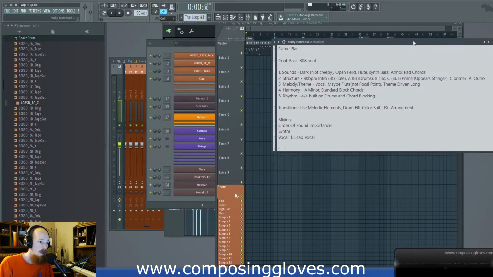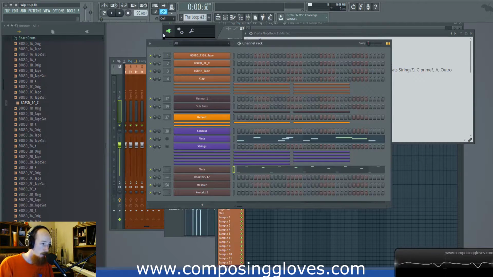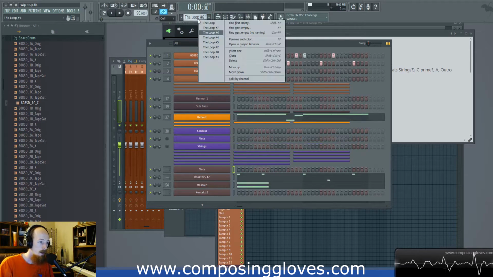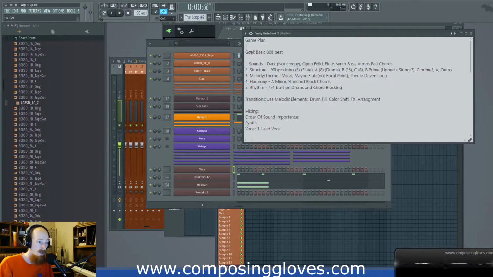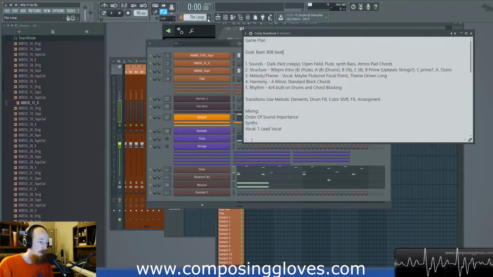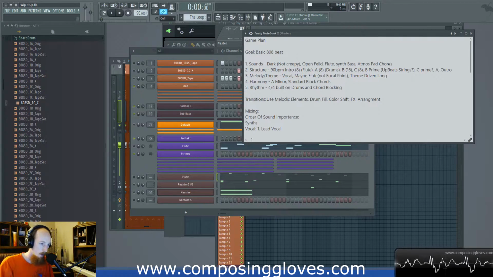So now that we have that, we will begin construction, in this case, on what I call the pattern block workflow. There are other workflows out there, but this one lends itself to this particular project because my goal is a basic 808 beat. So I'm going to go to what I call the loop. What I started with was nothing. But now I can begin construction. So I say, what in my plan is going to make this thing the way it sounds? And I looked at my structure first. I know it says basic beat 808.